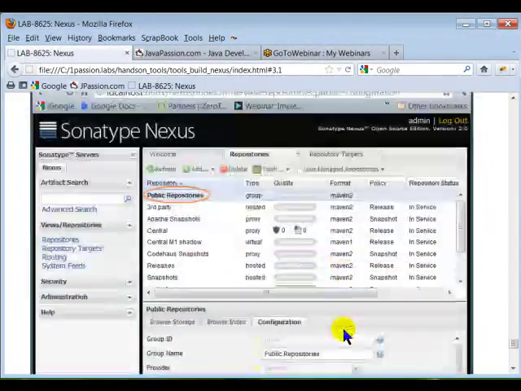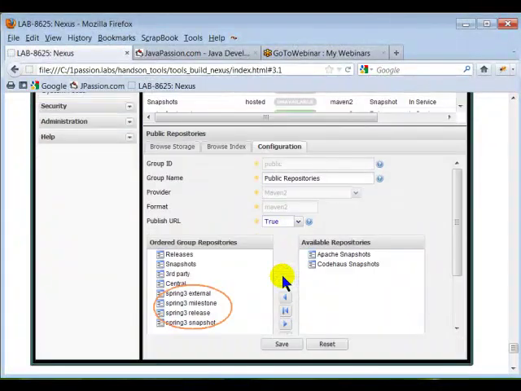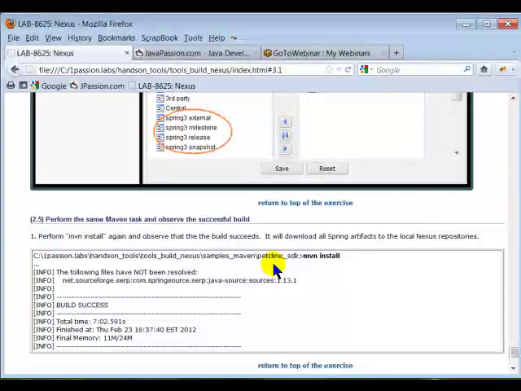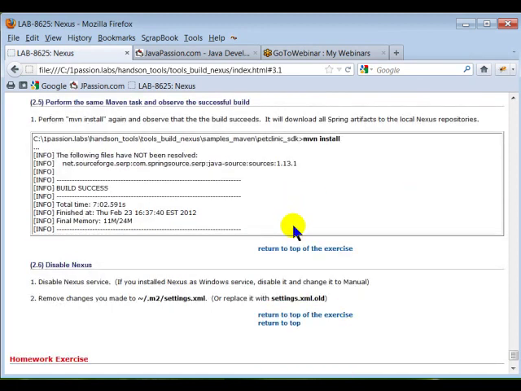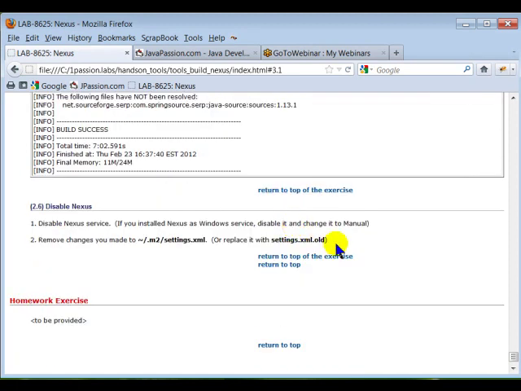Once I've done that, my public repository will have the Spring 3 repositories as part of the public group. Okay. So next time when you run Maven install, it will find these repository server types. And if it doesn't have it, this repository type will go to the server and grab it. Okay. So this time it should work. That's pretty much what I have today. So let me just